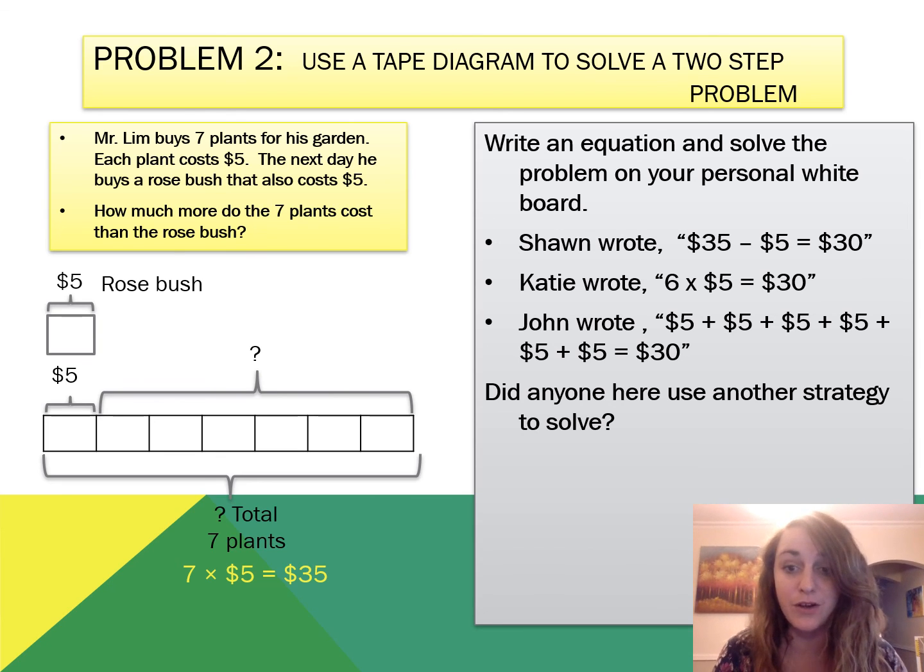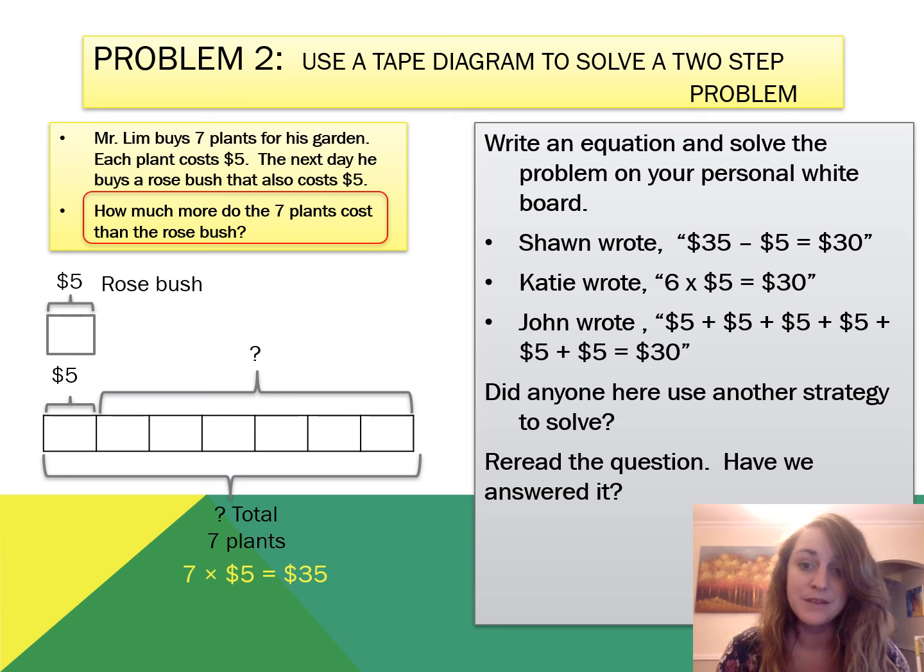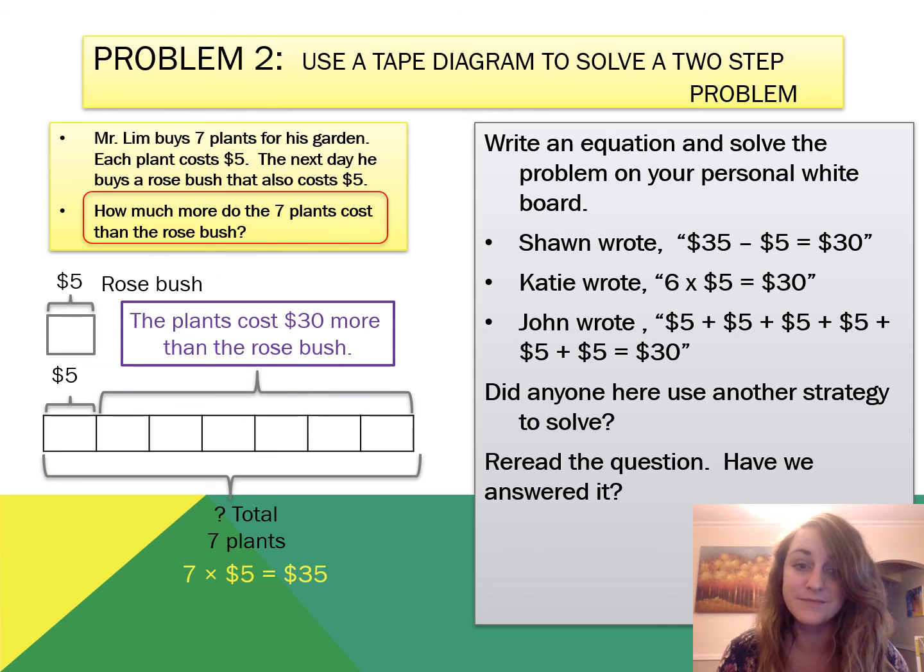$30. You could also write 6 times 5, which would equal $30, or an addition sentence. $5 plus $5 plus $5 plus $5 plus $5 plus $5 plus $5 equals $30. Did anyone use another strategy? Have we answered the question? The plants cost $30 more than the rose bush. Is $30 a reasonable answer? Why or why